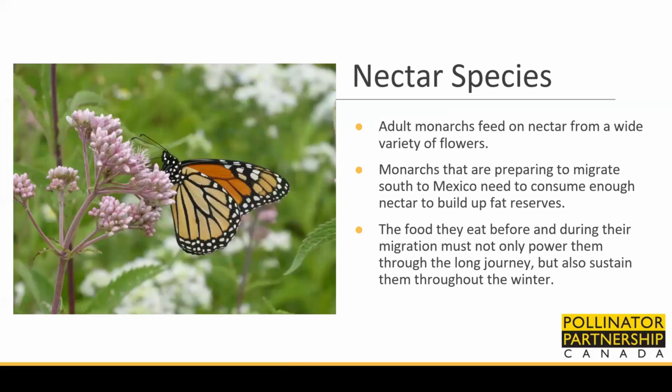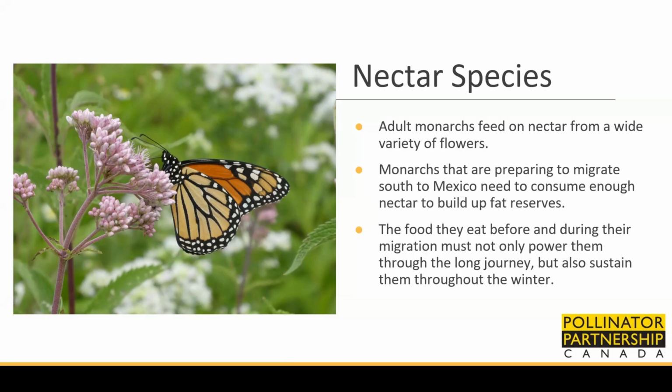Now let's look at nectar plants. Adult monarch butterflies feed on nectar from flowers. Nectar contains sugars and other nutrients. Unlike the larvae that only eat milkweed, adult monarchs feed on nectar from a variety of flowers and will visit many kinds of flowers in their search for food throughout the day and the year. An abundance of nectar sources is especially important for migrating monarchs. This is the population that develops later in the season, at the end of the summer and beginning of the